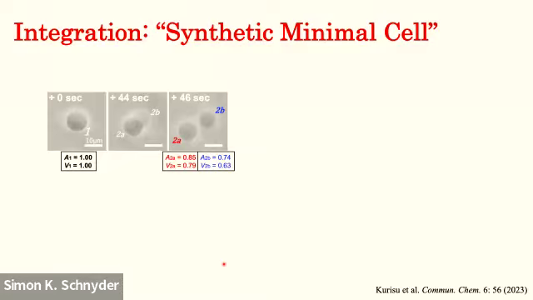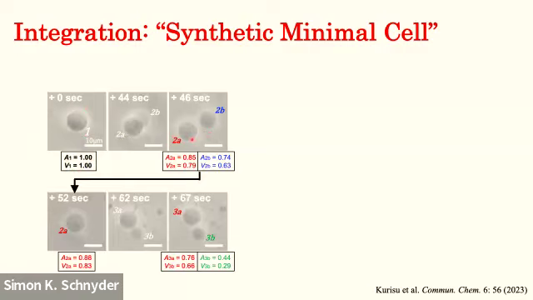So finally, integrating the chemical reaction network, molecular supply, deformation pathway, and volume recovery processes, I construct a synthetic minimal cell system. Here A means normalized surface area, V means normalized volume, and according to the molecular supply and the chemical reaction network, this initial mother vesicle shows growth and division like this, and the left daughter vesicle again showed growth and division like this, and the size of the granddaughter vesicles